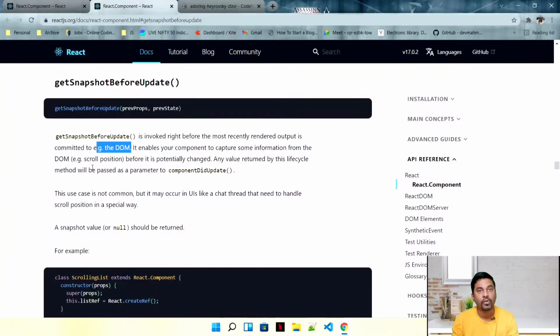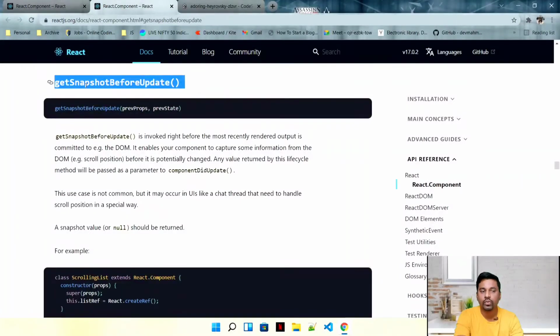That sentence is important. You can remember it this way. Just before you start rendering, it copies the exact position of your DOM, wherever it is, the scroll positions or your div positions, heights, widths, everything, exactly how your DOM is looking, and preserves it so that whenever the DOM is rendered, you can use those values.